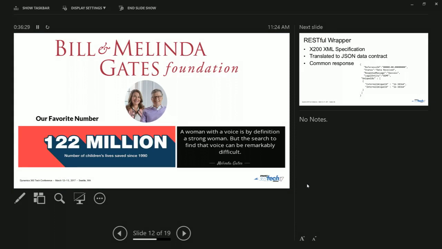Okay. So I get to talk about a recent project that we launched back in September on AX7 RTW. We're closely coming up on a new launch for 1611 for the Bill and Melinda Gates Foundation, based right here in Seattle. For those of you who don't know, they're a not-for-profit organization. They do a lot of different philanthropic